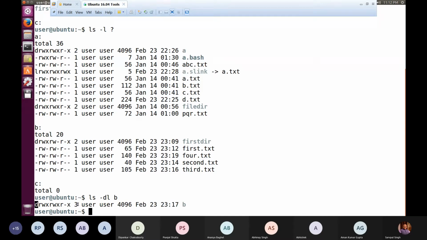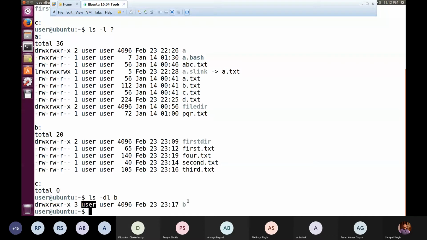That means if somebody does not have permission x as a group member, then he cannot change his path to the B subdirectory. He cannot come to B even as an owner without it, because the first three permissions rwx are applicable to me, since I am the owner of B, currently working with the user login.